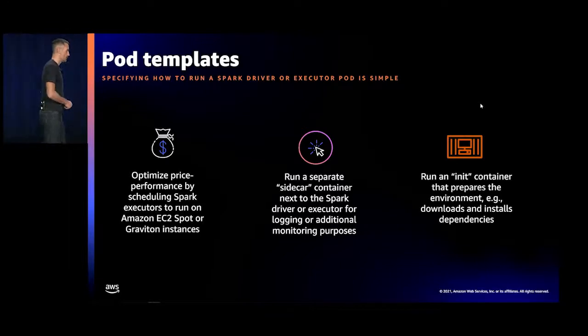Another option to deeply customize your deployment is to use the pod templates that are natively supported by EMR on EKS. Pod template is a Kubernetes feature that allows you to customize pod definition to achieve very granular placement, for example. If you want to optimize the price performance, you can select the workers on Spot or Graviton. You can also decide which level of consolidation you want to achieve.